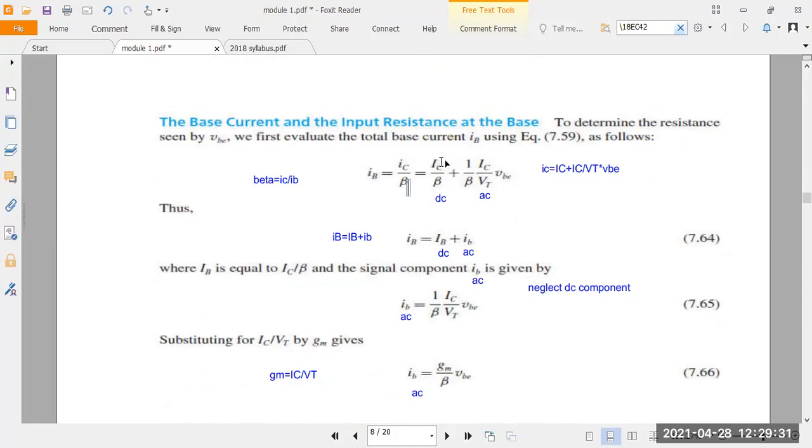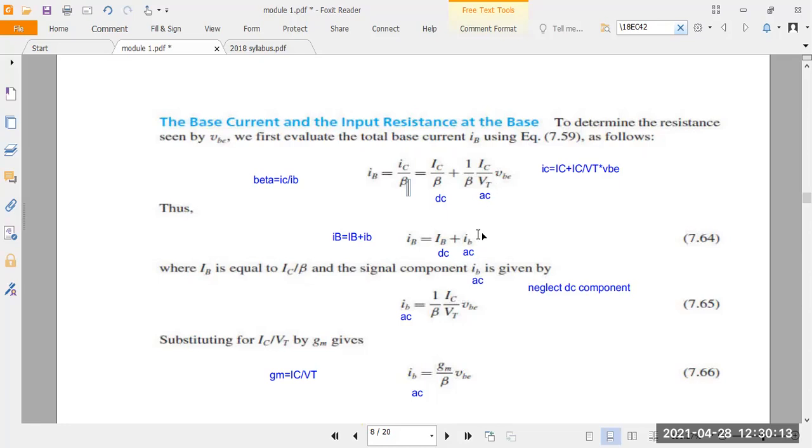Next, capital IC means it's a DC quantity, and small vb means it's an AC quantity. With respect to that, you write the equation now. IB is a combination of the AC and DC current here. For that, you can write capital IB plus small ib. Capital IB means DC, small ib means AC. Understood? Based on this, you can write the equations here. So total IB current is DC current and AC current. That is the meaning here.